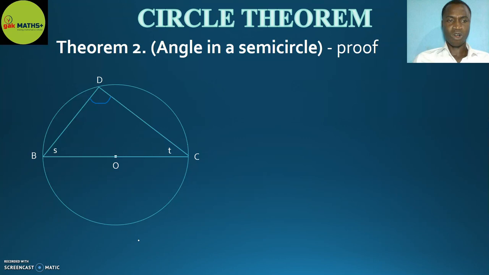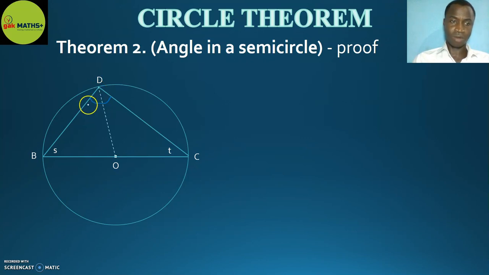Let's draw a line segment from D to O. Great. If you observe the figure formed, you will again note that OB is the radius of the circle, and also OC is a radius of the circle. The same way OD is a radius of the circle. So observing the shape closely, you can note that triangle OBD is an isosceles triangle.